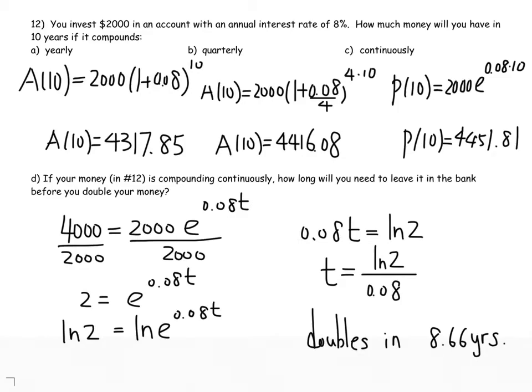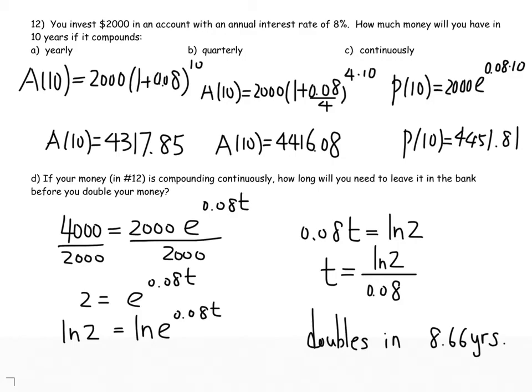4,416.08. Letter C, continuously. Whenever it is continuously, you have to change that into e. Your base becomes e. So A of 10 equals 2,000 times e raised to the 0.08 times 10. So the final answer is going to be